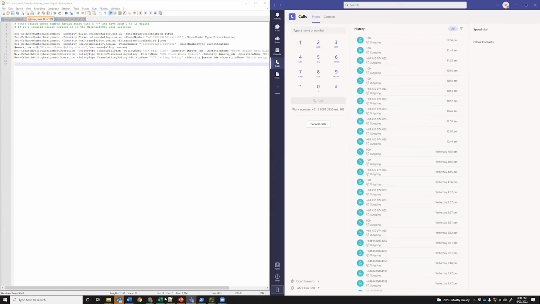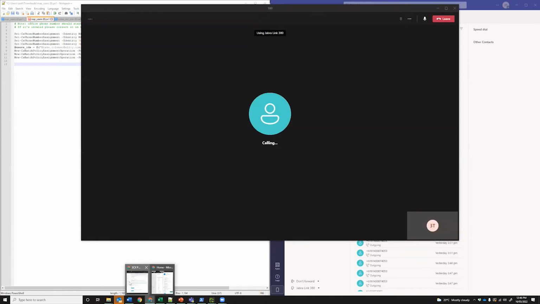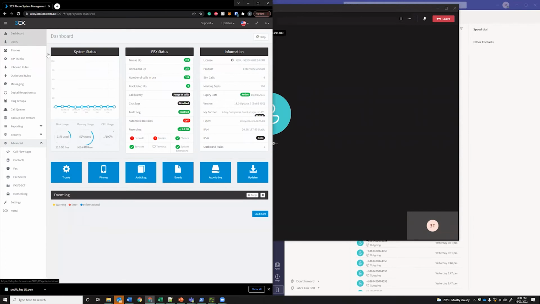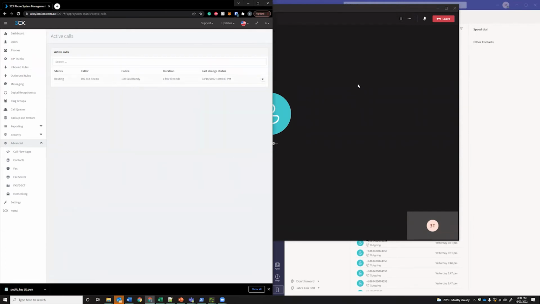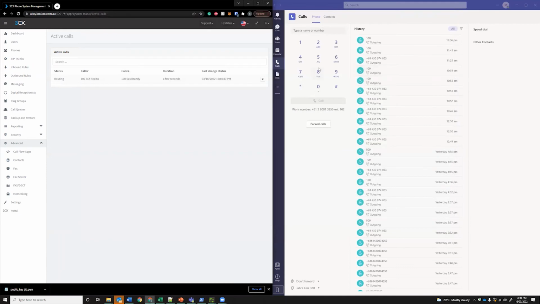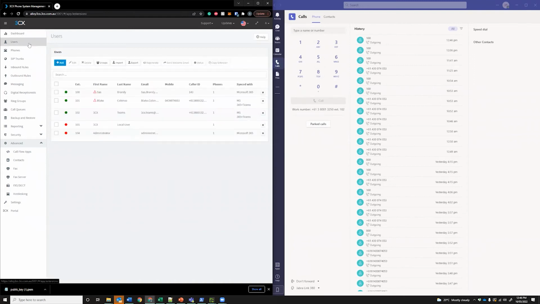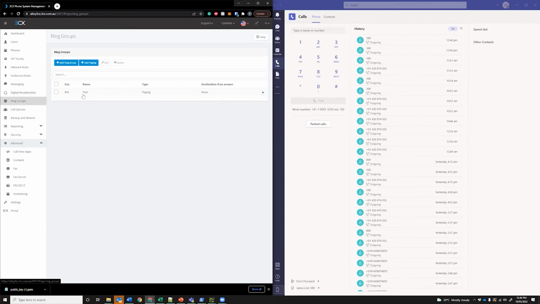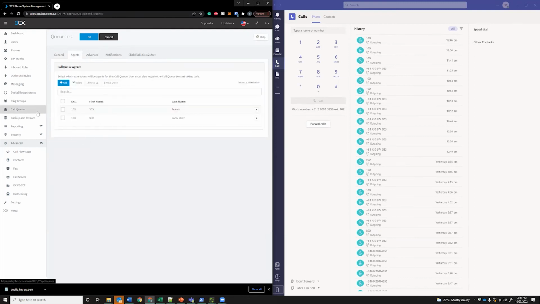After that, you can simply start making calls. You can call internally to the other extensions. If I go into 3CX, you can make external calls, or even check your voicemails and everything. So there are no limitations when you configure an extension with Teams. You can add them into ring groups. You can add them into call queues, and all the call records will pop up on the CDRs, except the